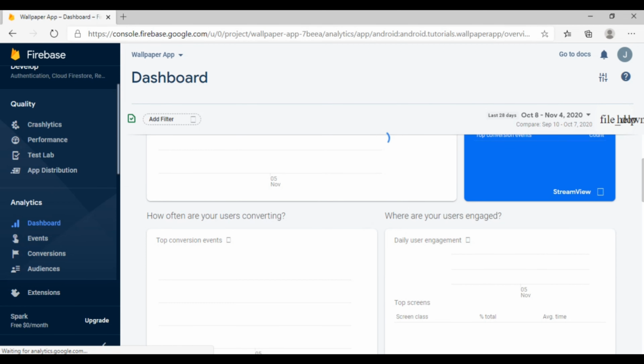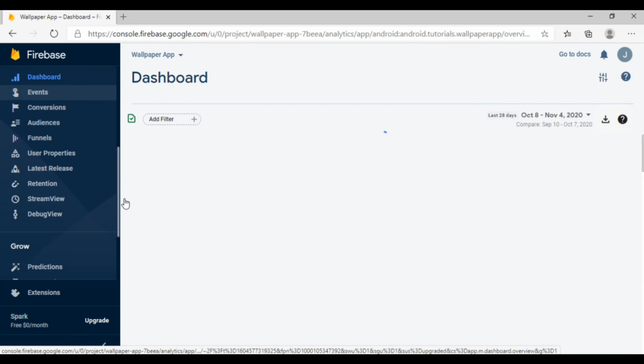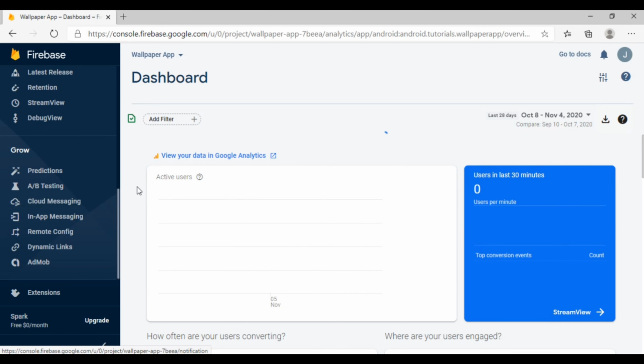Now let me show you about notification, how you will write the notification. So when you click on the cloud messaging, you will find it in this system. So here our Google Analytics is implemented. You can see that our data will be collected within 24 hours and we will get that.